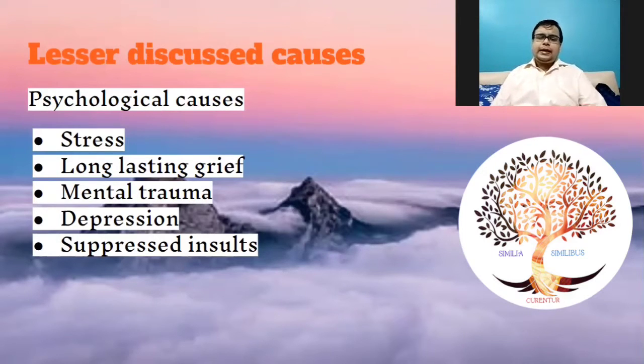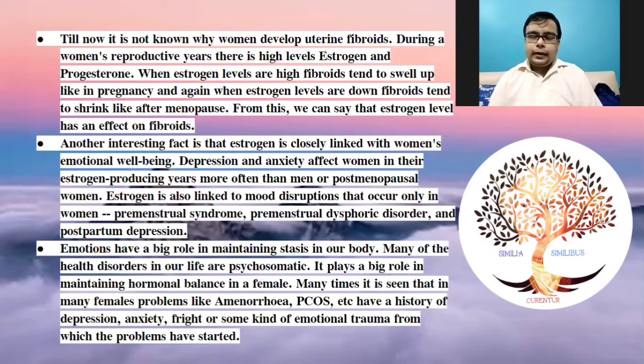Similarly, stress, any sort of long lasting grief, any mental trauma, any depression, any suppressed insults, any anxiety might cause various kinds of problems in the female body. And this also corroborates as a cause of formation of fibroid as well. What we discuss less is that with uterine fibroids, we are always saying that it might be genetic,